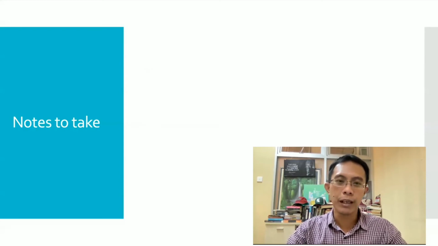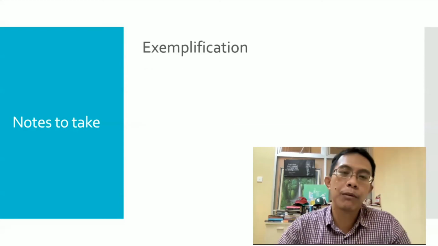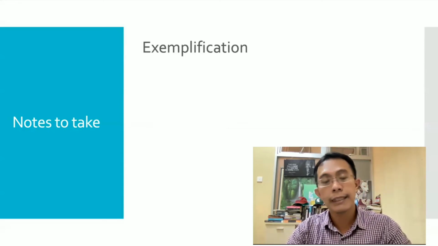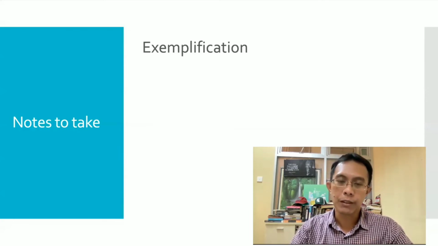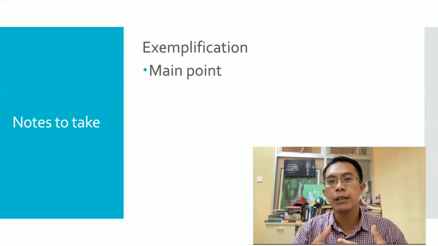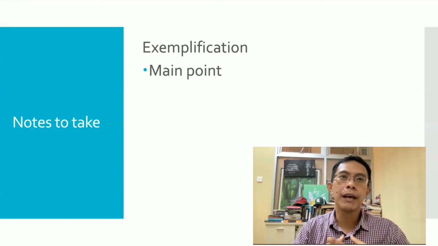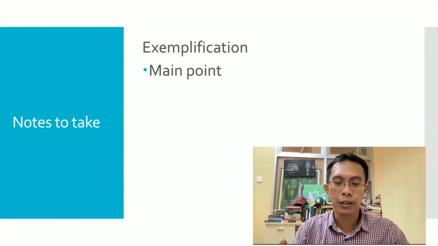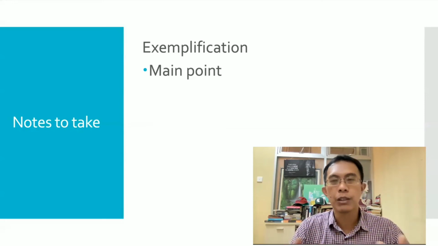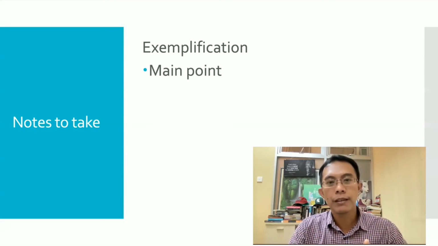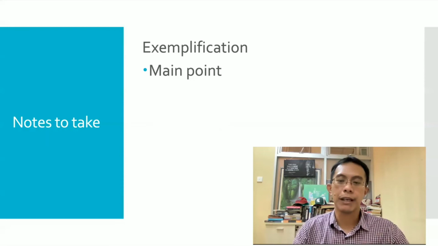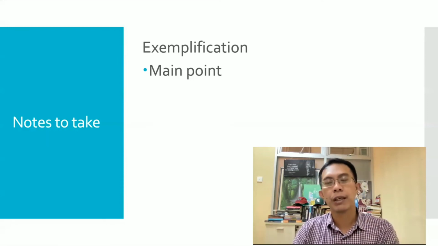Next, we will go to the second type of essay, which is exemplification. In exemplification, you need to take notes of these elements. First one, the main point, or the main idea of this whole speech. For example, I mentioned to you earlier that you can make an exemplification speech on the 5 beautiful beaches in South Malang. So the main point here is 5 beautiful beaches in South Malang, or you can call it the subject.